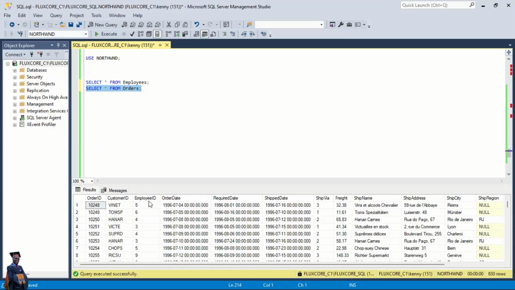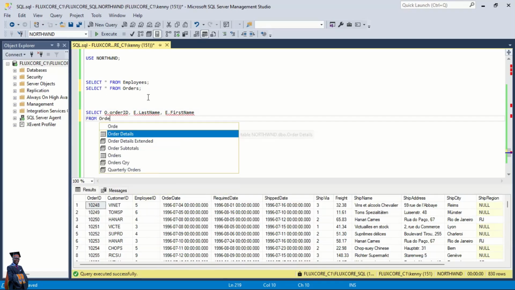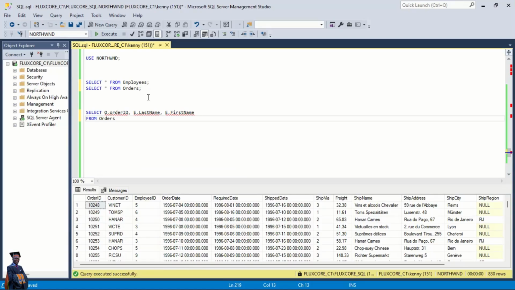We're going to join these two tables using the right outer join based on the employee ID. We say select all, dot orders.orderID, e.lastName, e.firstName from orders as O